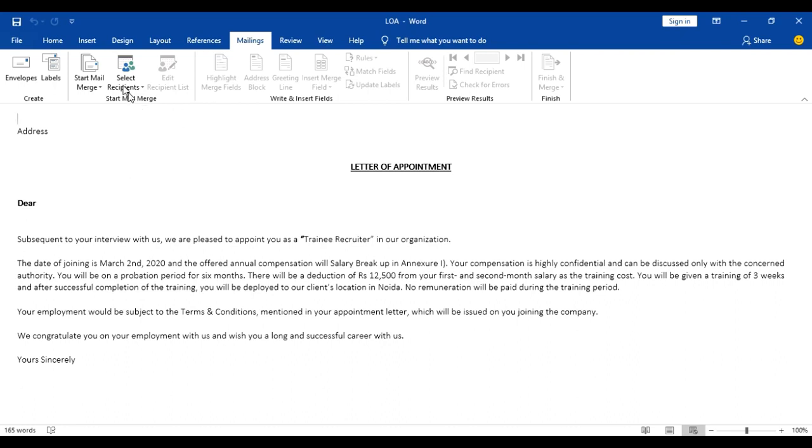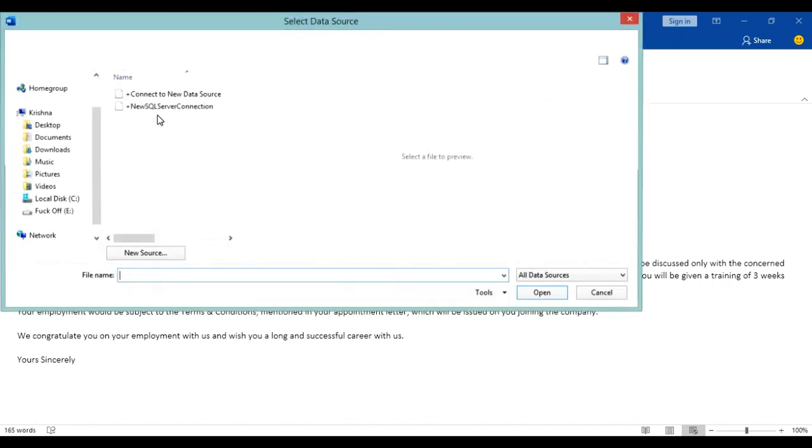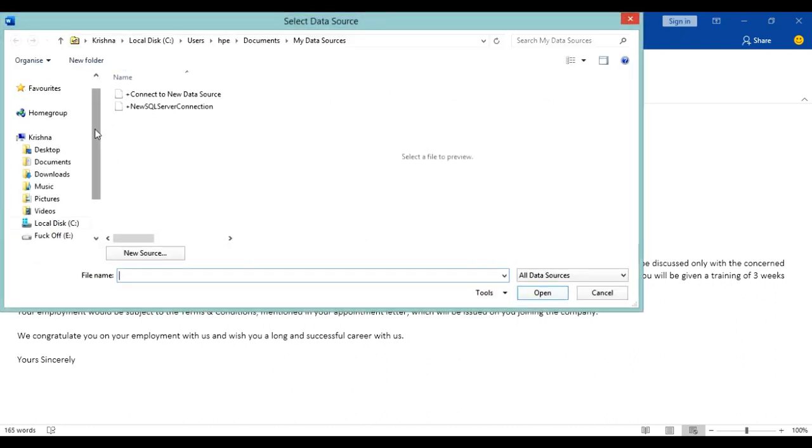Now you have to select a recipient so that you can merge your Excel sheet with the Word document. Here you can see a few options: type a new list, use an existing list, choose from Outlook contacts. But we have already created an Excel sheet, so we are using our existing list. Just click, and now you have to choose your file.